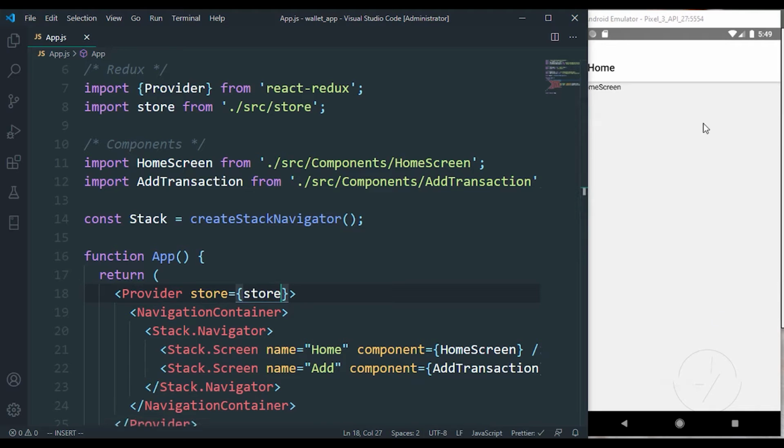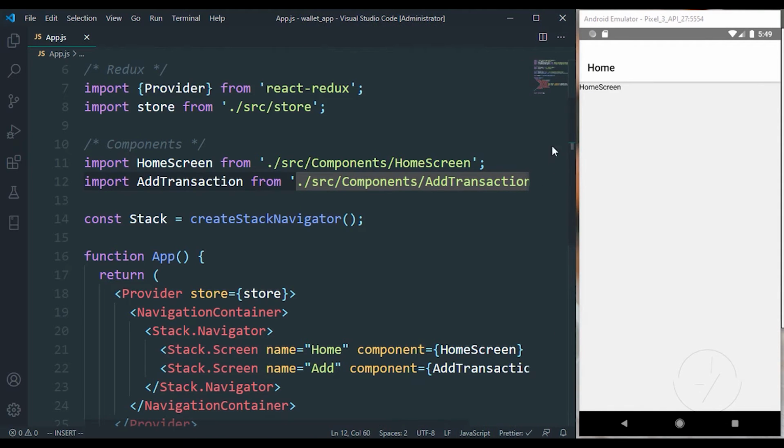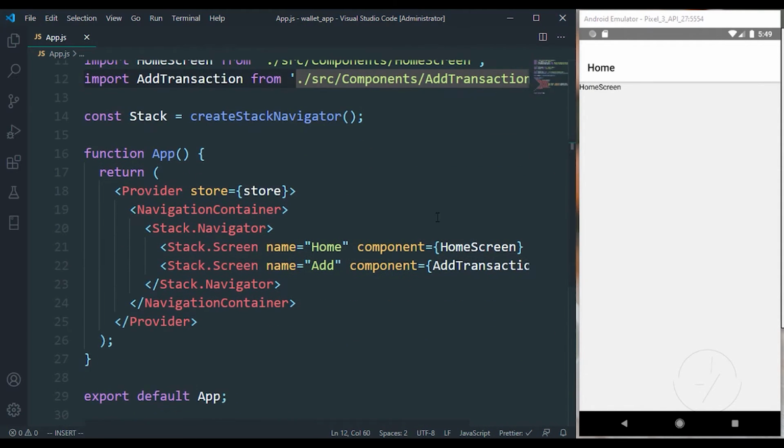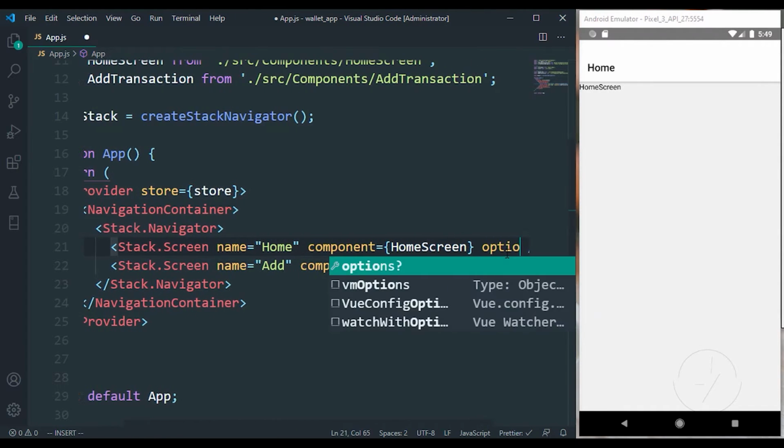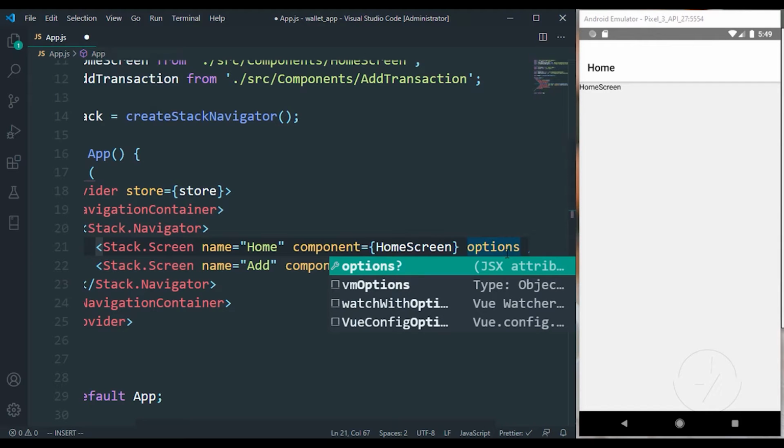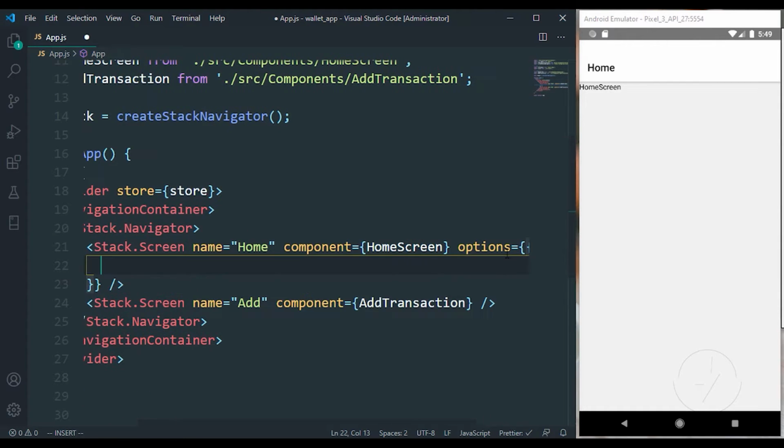We do not have an error. That is why the application did not crash, and you can see our application is still working perfectly. Let's just go ahead and add a title to it. I'm going to bring down the options, which is going to accept a double object.